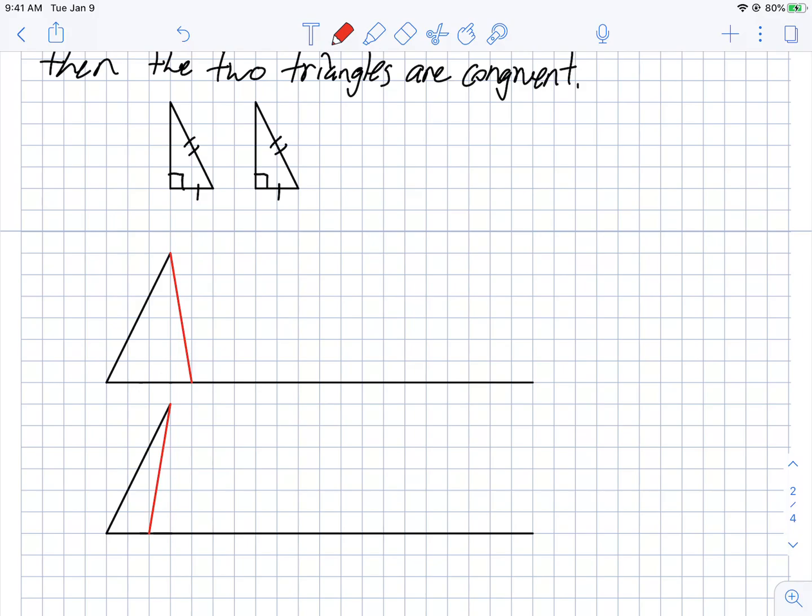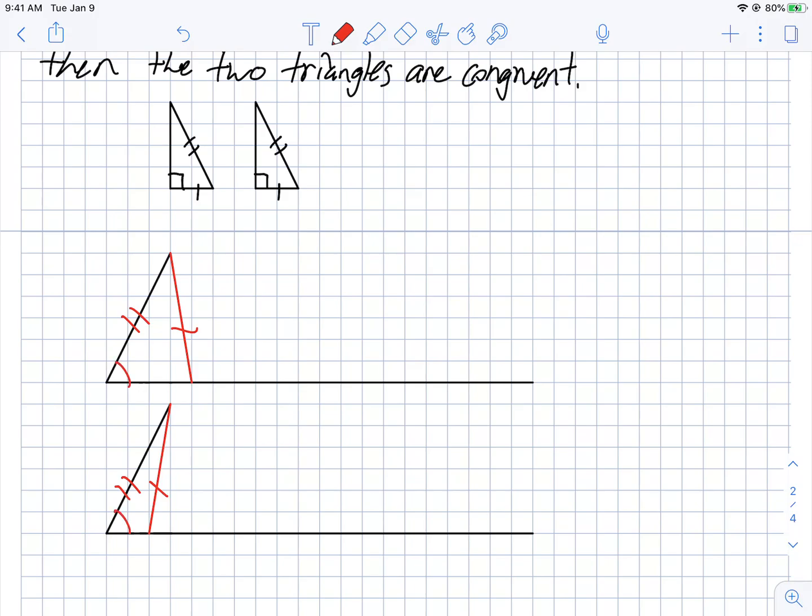They're the exact same length. So if I have these two sides the same, and sorry, I'm not worried about those sides, sorry, hold on. If I have this leg and this side the same,